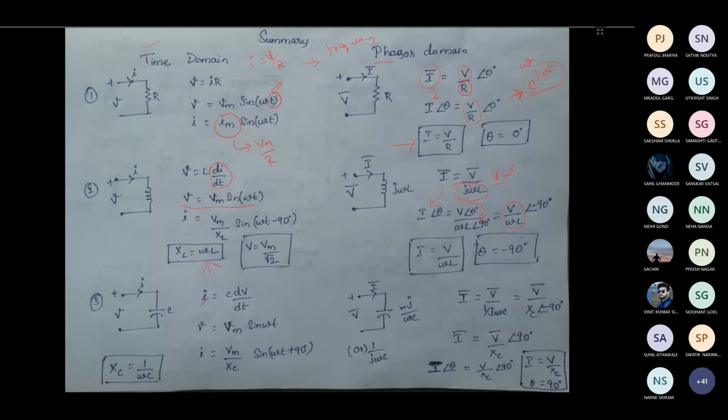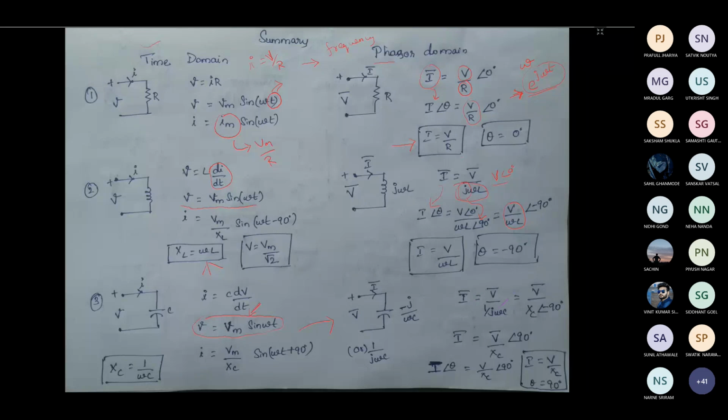So for the capacitor also, again we are considering V is equal to Vm sin omega t. If you differentiate the capacitor voltage, differentiation of this you can do it, and the current I can be given by Vm divided by Xc and sin omega t plus 90 degree, we will be getting finally. So if you write this in the phasor domain, we will be getting